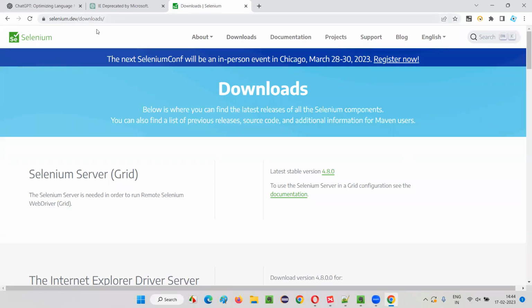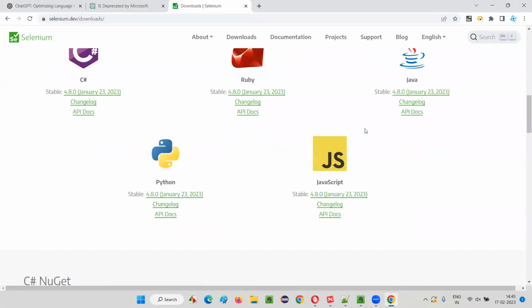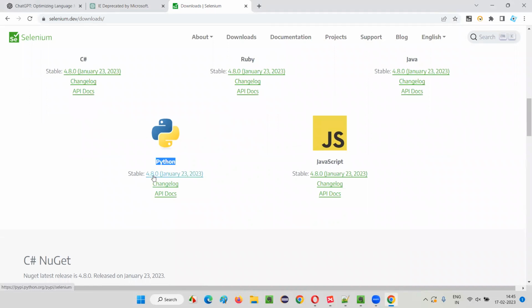If you go to the downloads page of this official website, you can scroll down and clearly see Python. What is the current version for Selenium Python? 4.8.0. In these latest versions, guys, somewhere along the way the Selenium team has decided